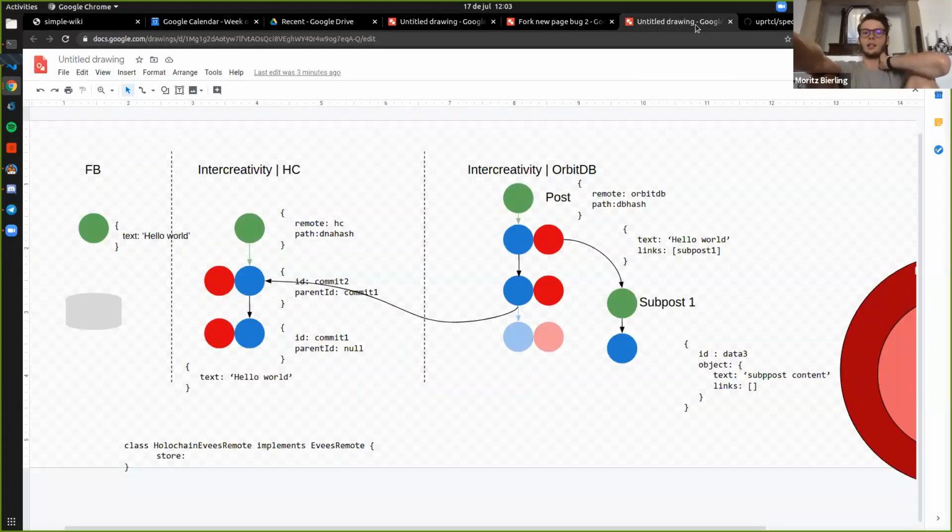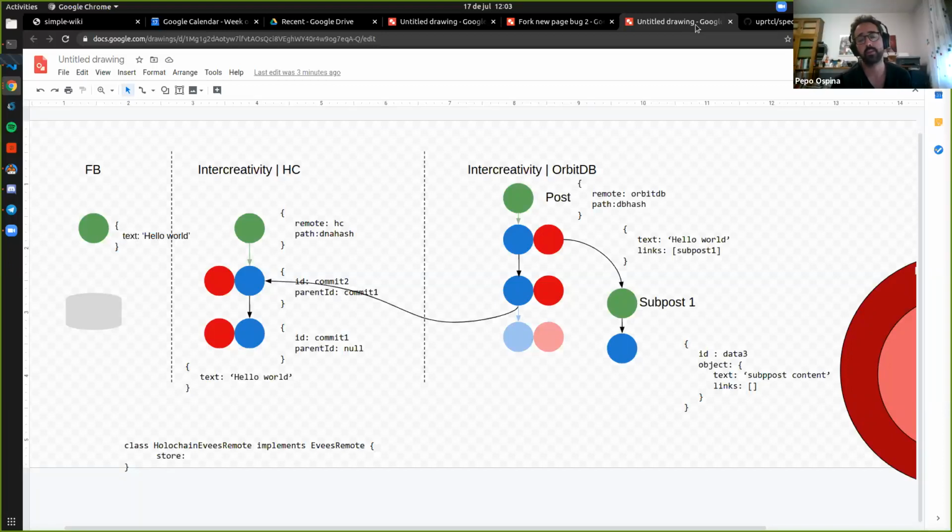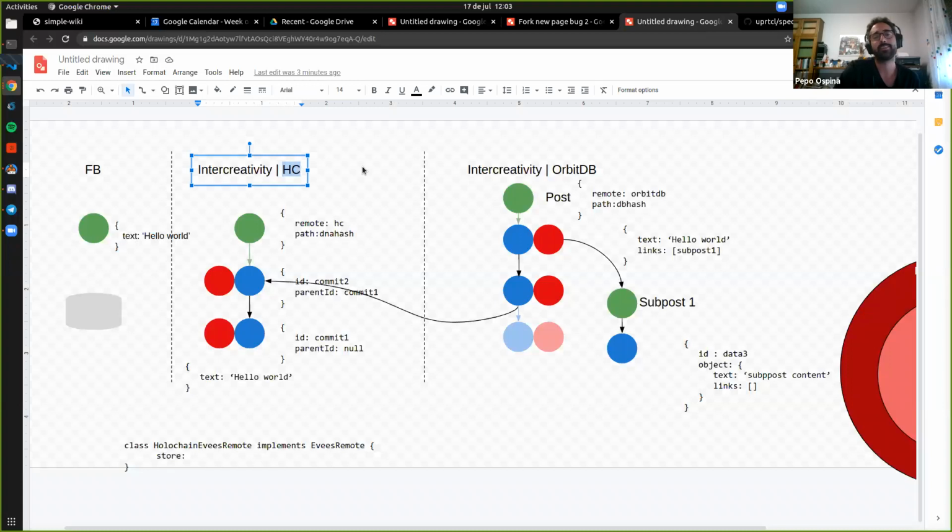What is the hashing algorithm that you use? This is another difference with Git. We use CID as a generic content addressable standard that can handle multiple hashing algorithms. So it can be the case that Holochain handles one hashing algorithm, and then another system handles another one. So maybe this commit is with SHA-3 and this commit is with SHA-2.